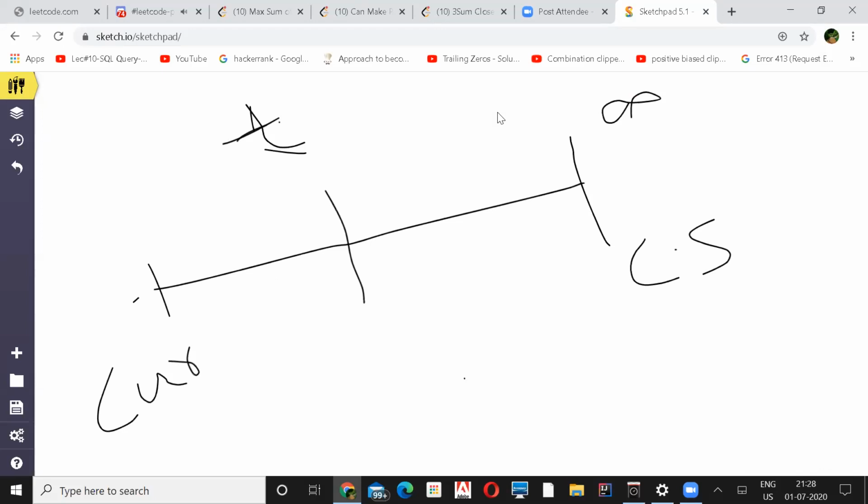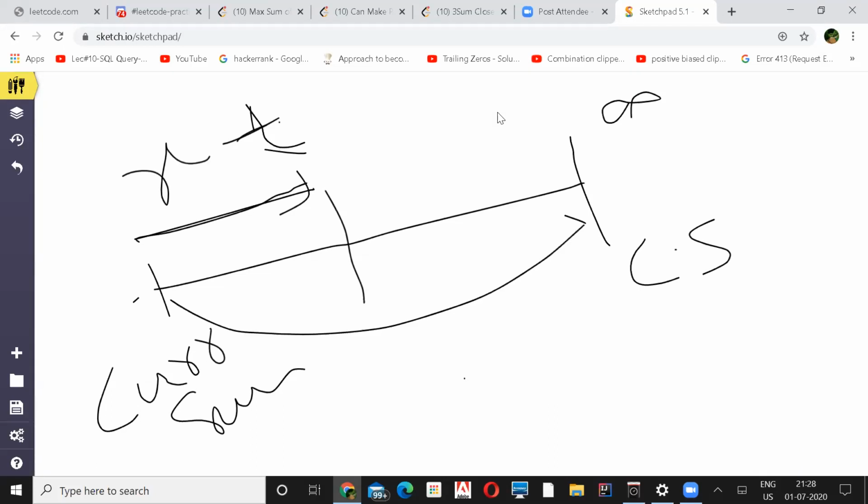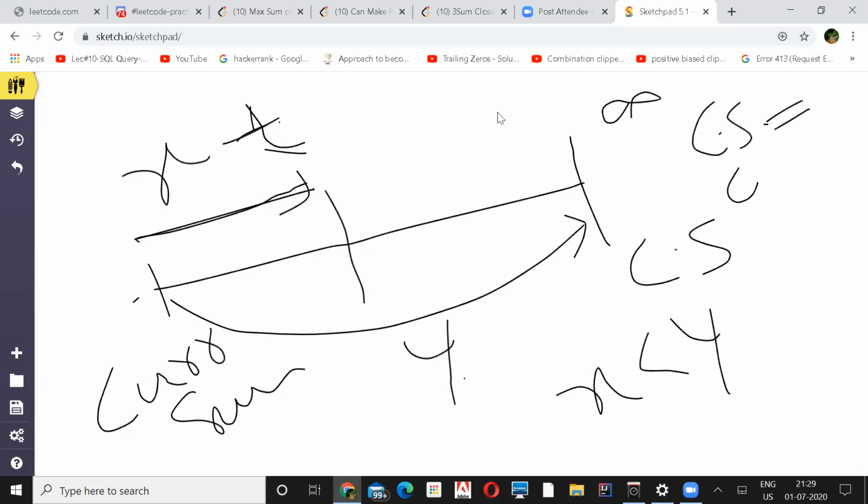So this is like our number line, and we have our target sum over here, right? And I've taken something like infinity as my closest sum, and this is my current sum. So what I'm trying to do is look at the distance between the current sum and the target. Let's say this is x, and the distance between the current sum and the infinity, this is y. So if my x is lesser than y, then definitely my closest sum will be equal to the current sum, right? So this is the main crux over there.